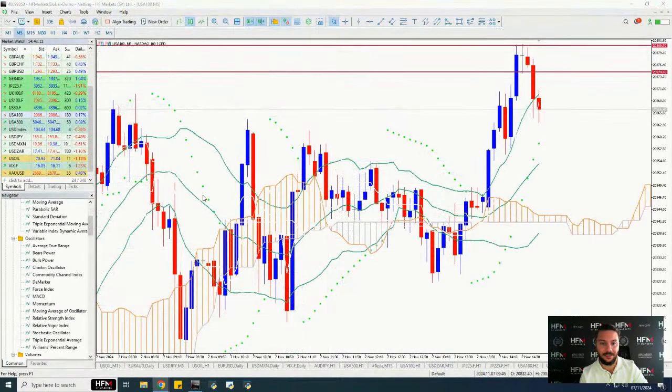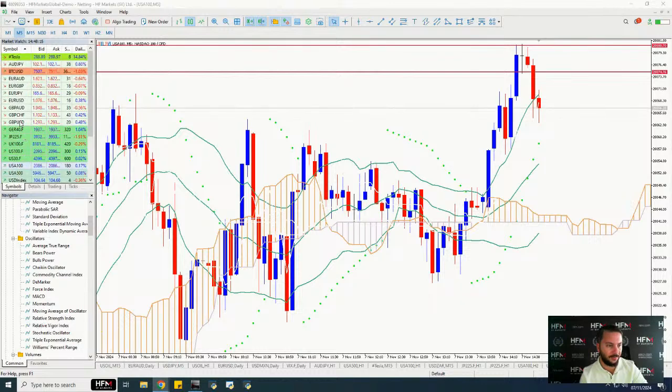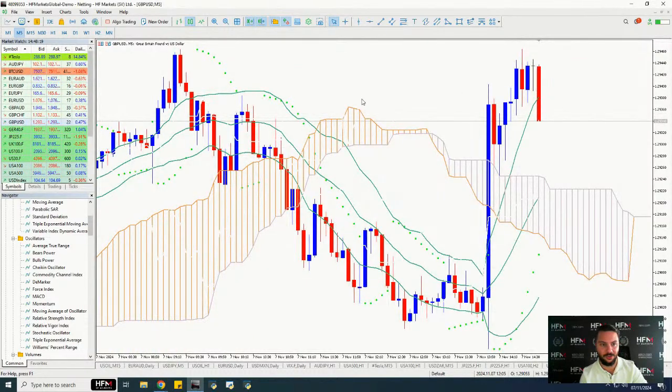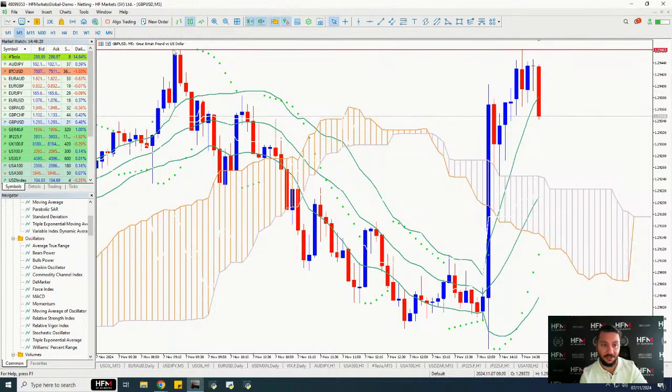So, ladies and gentlemen, that's it for today. Let's take a very quick look at the British pound against the US dollar. Look at this decline, ladies and gentlemen. I did say, guys, I did say at the very beginning, resistance level. If it's going to hit that level, then we could get some pressure. It's hit that level and we can see it's declined to this level here. But it's still very early. Let's keep monitoring it, ladies and gentlemen.